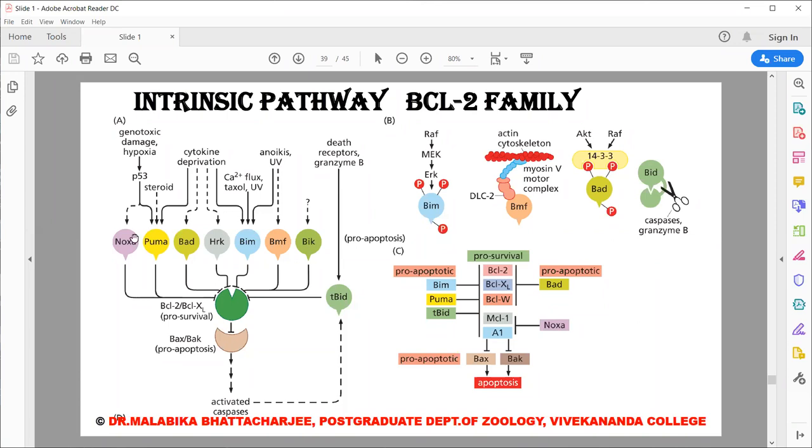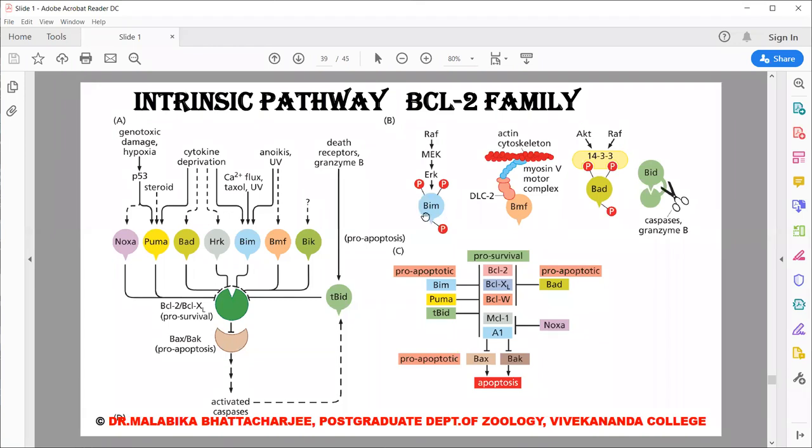So this is a picture of the regulators, and as you can see, a number of environmental signals and intracellular signals can reach these regulators. Normally, you can see the regulators remain inactivated in the cytoplasm. They are present in the cytoplasm, but they remain inactivated by a variety of mechanisms.